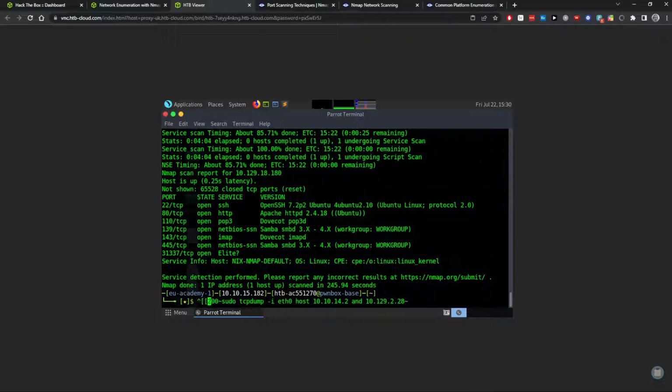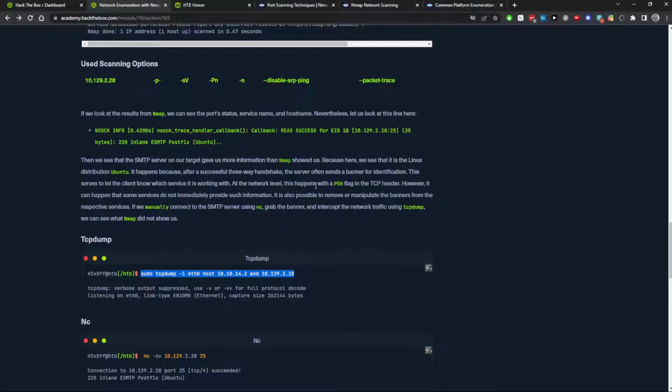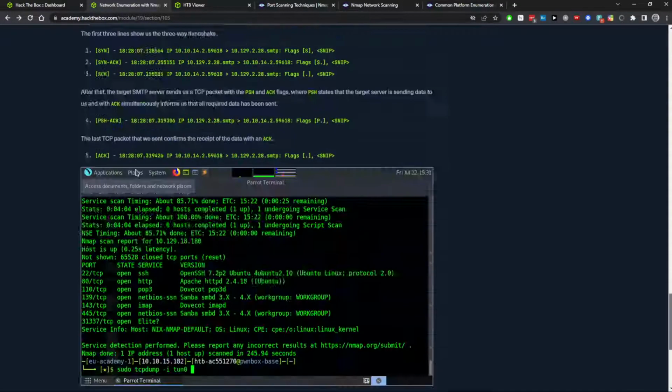We just pasted this in here, but sudo tcpdump -i eth0. I'm going to change that to tun0. Host and. Do we need host and? Can we just do, I'm going to guess, can we just use